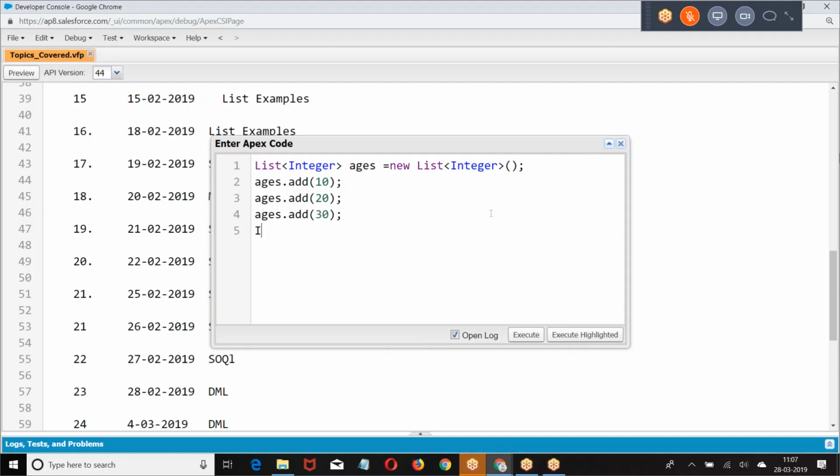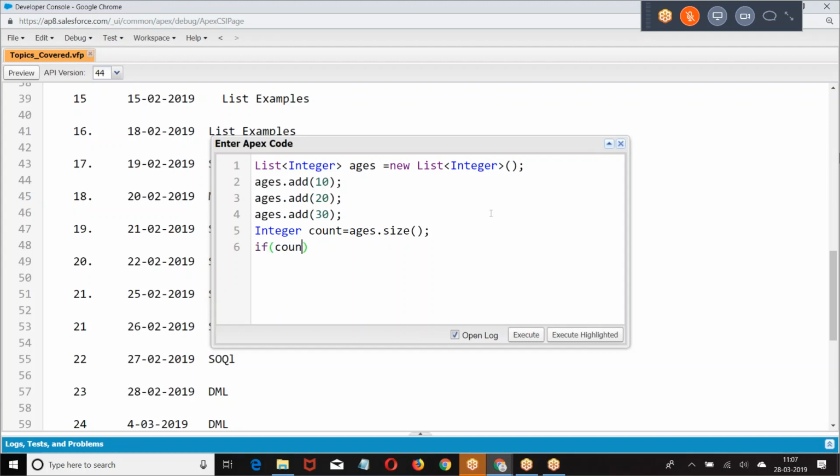Am I right? Now I wrote integer count is equal to size. What is the size we received? 3. But what is the maximum index we have? 2. Index starts with 0 to 2. So the index will have 0 to 2, but the count is 3. Right. So how do you check it?